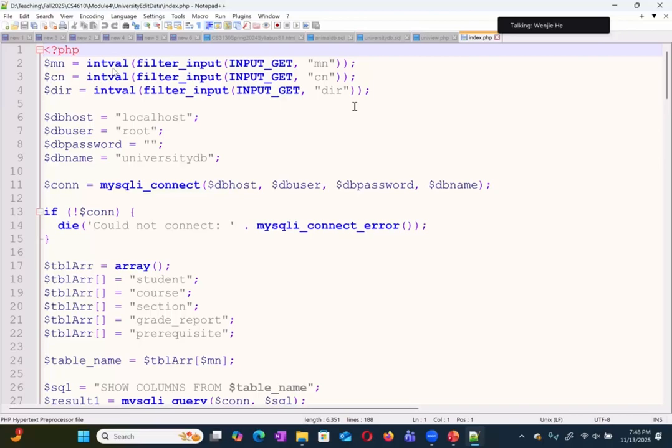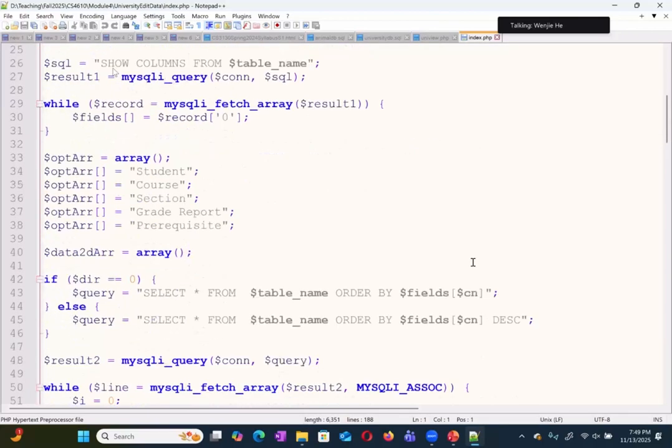So which way to sort? We use this DIR value. If it's 0, that's the ascending order. If the DIR value equals 1, it's descending order. So each parameter controls one special property. Here we have 3 parameters we use to control 3 different properties. All right. Then I just move to the